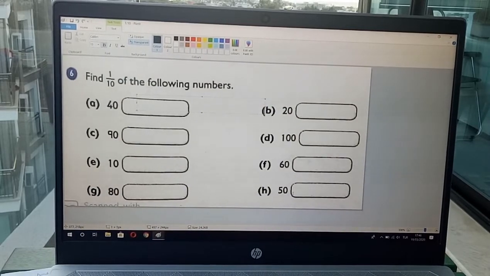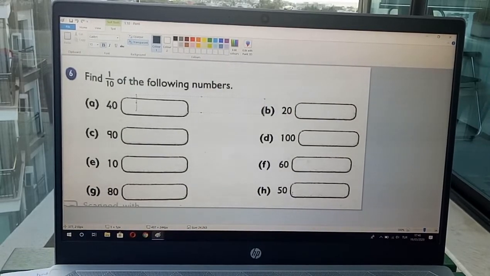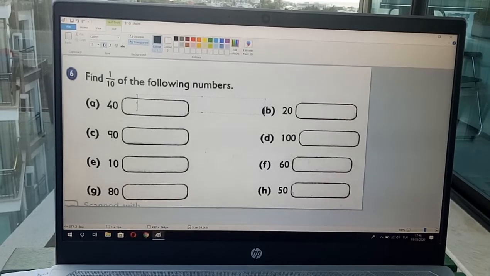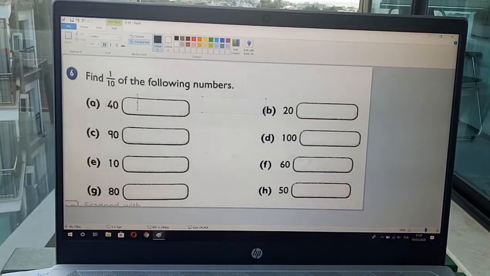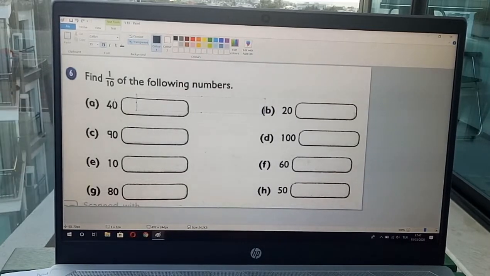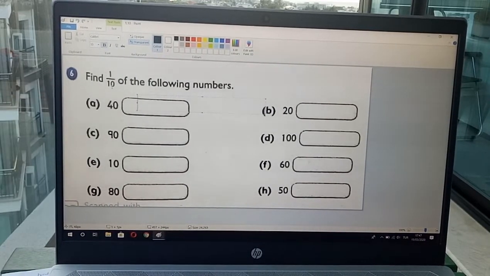And lastly, we have the 1/10. So this is the easiest. Share the technique for this. You just have to remove the 0. Like for example, we have 40 here. All you have to do is just remove one 0 because we are going to divide it